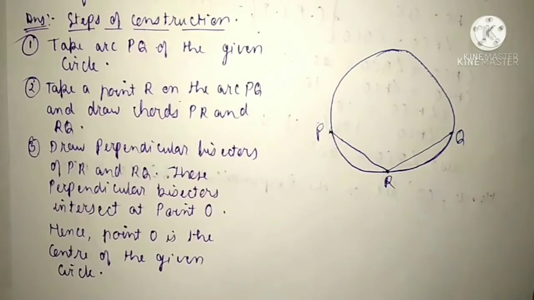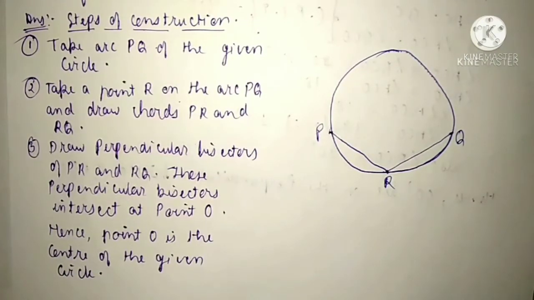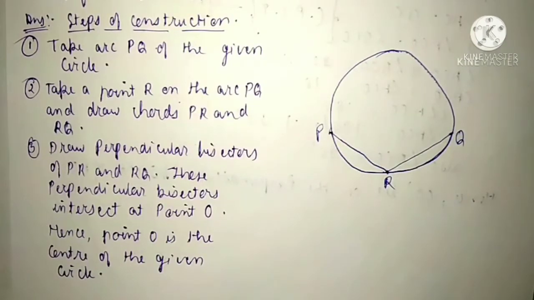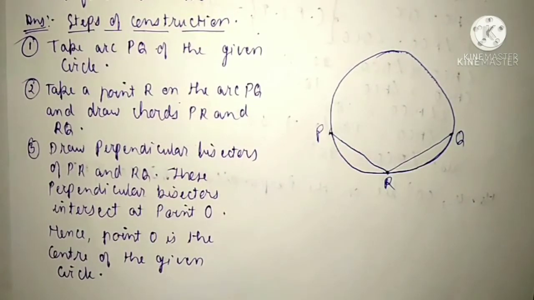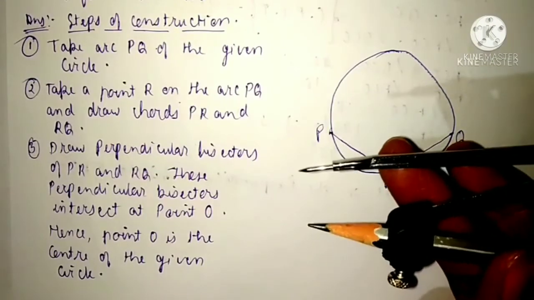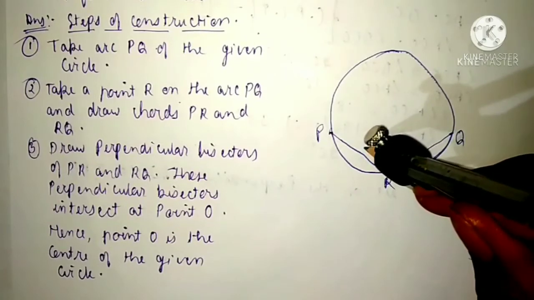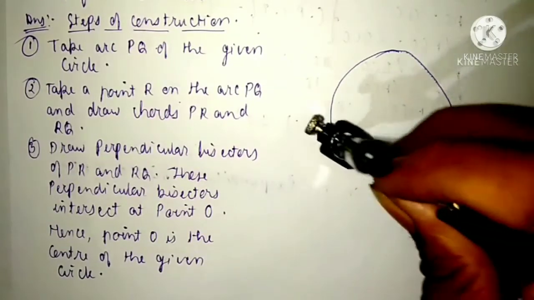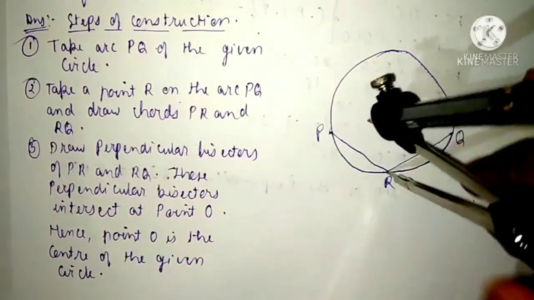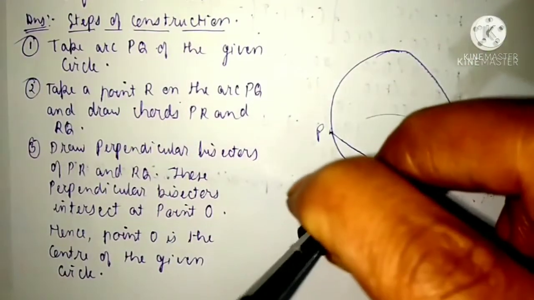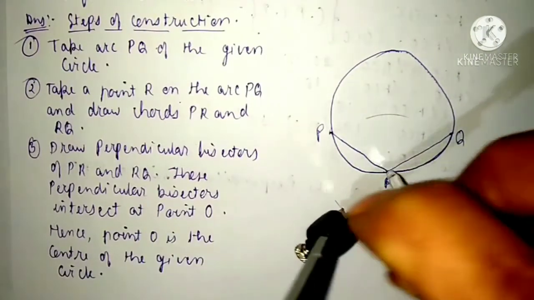See, this is PR. How we will draw the perpendicular bisector of PR? You will take rounder. In this rounder, you will take more than half distance of this PR. Okay, how much distance you will take? Suppose this is your rounder. Okay, so you will take more than half distance of this PR. Suppose it is this much. Okay, then you will draw one arc here and one arc downside. Okay, here,